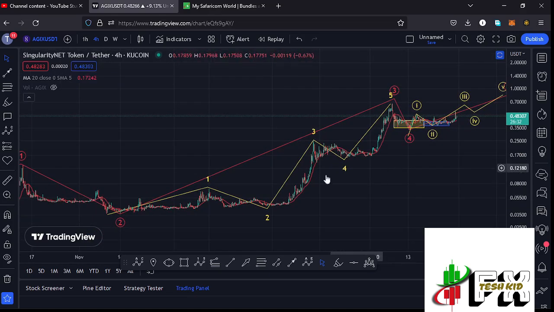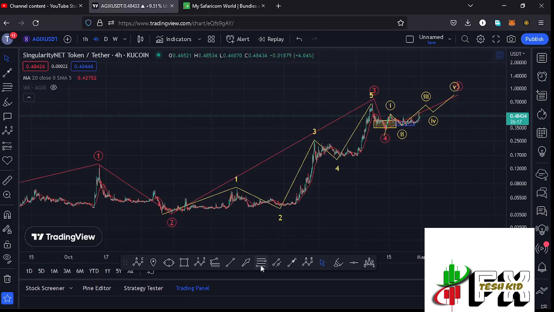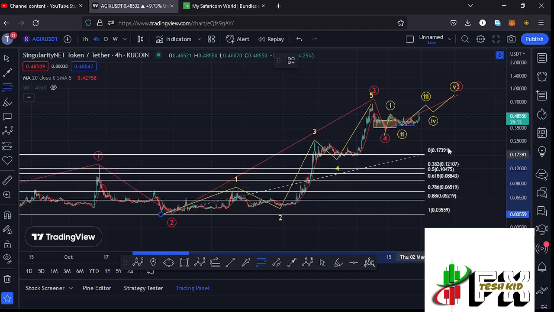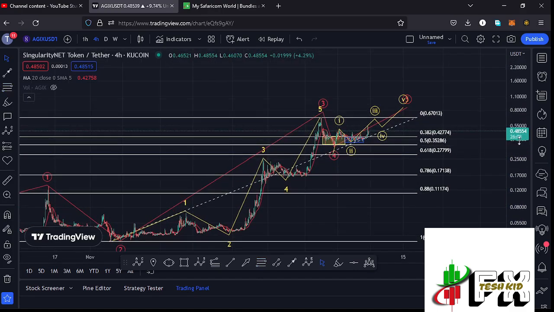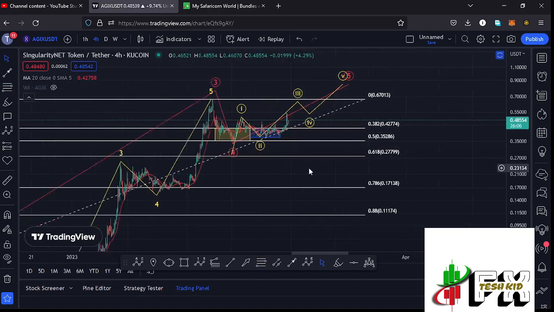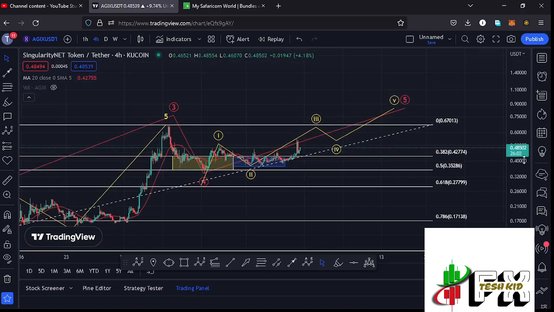And in the formation of that wave 3, you can also see that I have a fractal wave within the formation of that wave 3 because of its impulsive nature, having the wave 5 of this Elliott structure right here in yellow, completing the formation of that larger Elliott wave count 3. And after seeing the high for that wave 3, we expected a corrective structure in the formation of that wave 4, and using the Fibonacci's, connecting them from the low of the second wave to the high of that wave 3, that gave me a minimum retracement area in the formation of that wave 4 between the fib level 0.382 and the fib level 0.5, which lies between the